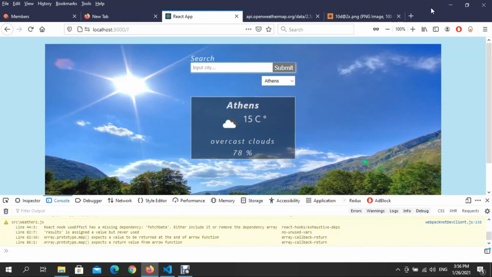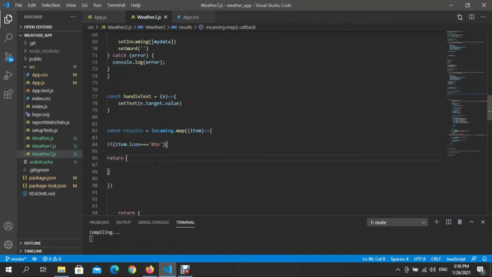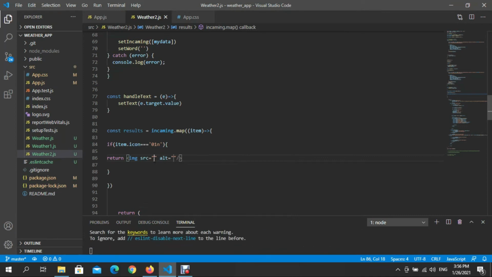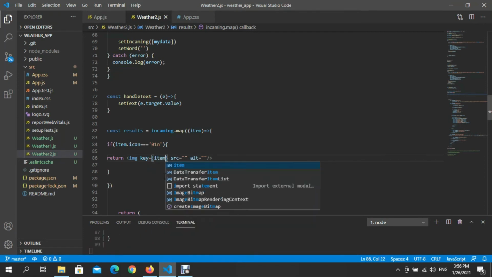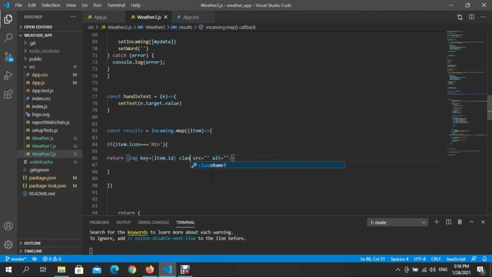Let me see. So what I want to return? I want to return this img, okay, and because I return something, I want a specific key equal with item dot id, right? Let's put a class name, the same class name of back,